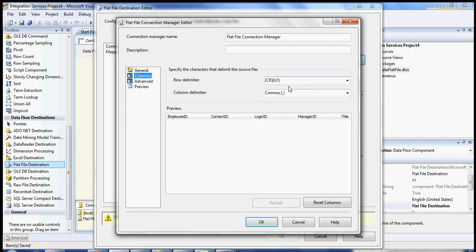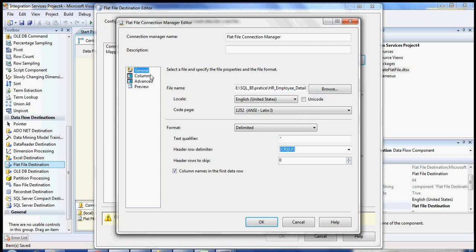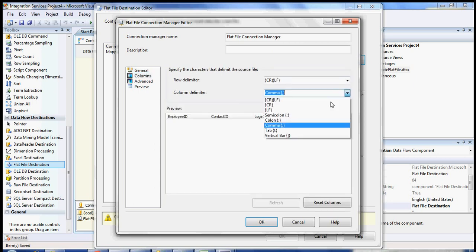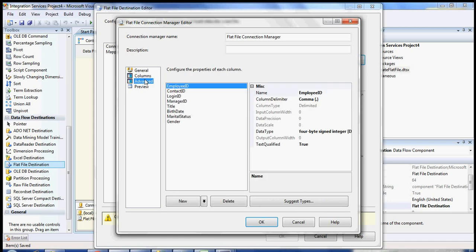Now if you move to the columns, suppose you don't want to use a text qualifier, you can use a pipe delimited file, the vertical bar. If there is any comma in the address line and you don't want to put a text qualifier, you can use vertical bars to separate your columns. Now when you go to advanced,